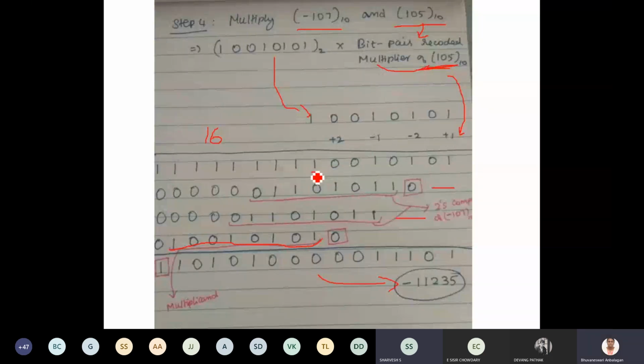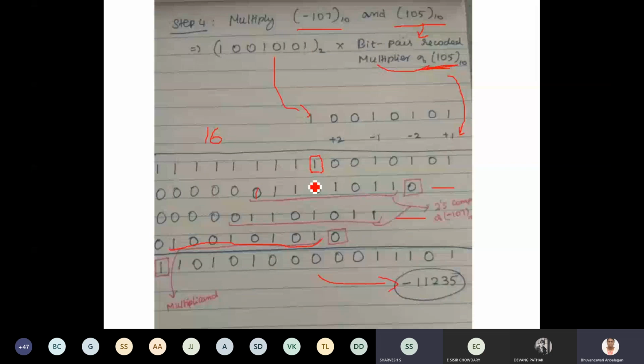Instead, we are considering this particular bit as the sign bit for the number. So for that reason, we are just simply extending the sign bit over here. See, when I'm doing with -2, what I have to write down over here is the 2's complement of 107. For example, if I'm having 1 here, I have to extend here entirely with 1 only. For +2, we have written 0 there. So for negative numbers alone, you have to follow this rule.